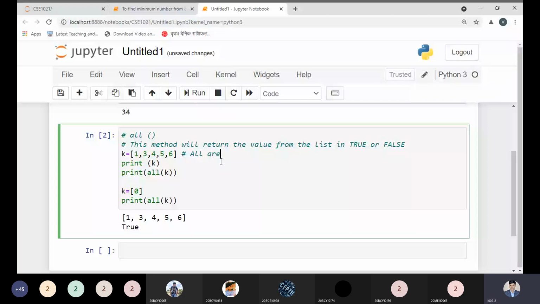And these are treated as true because they have some value, but here I'm passing 0. So 0 represents false. Okay, 0 represents false.